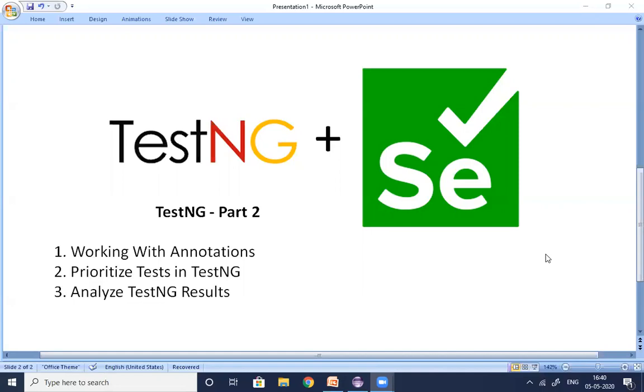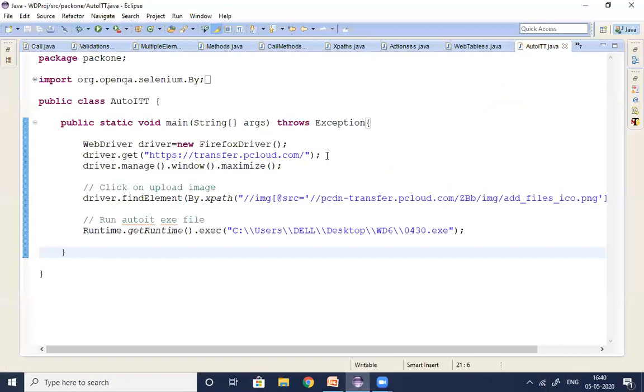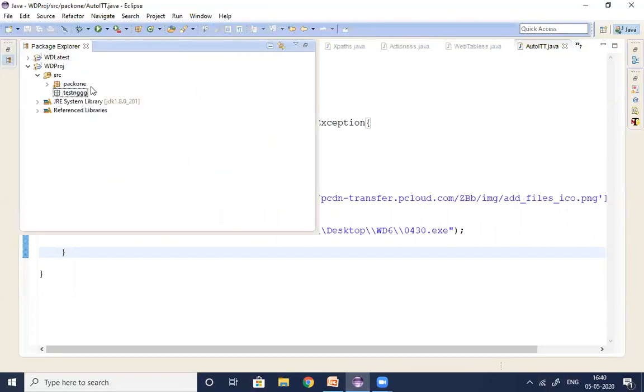So what is project level execution and how can we manage it? Let me start with an example, guys. I already installed TestNG with Eclipse. Once we install TestNG with Eclipse, you need to create one package. I just created one package called TestNG. Right, guys? Now let me create one TestNG class.